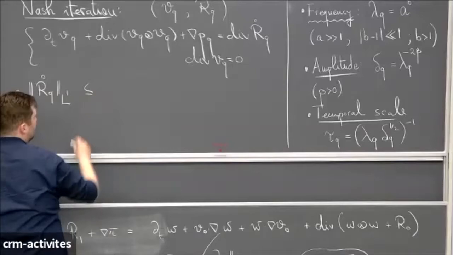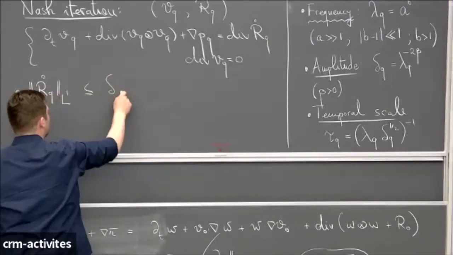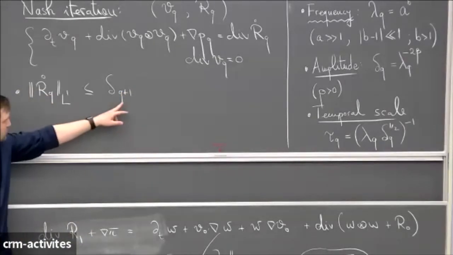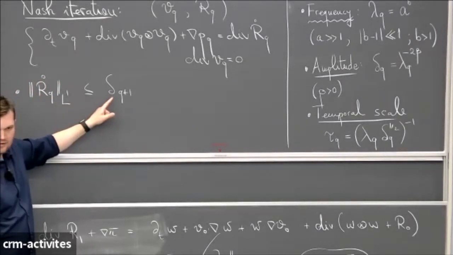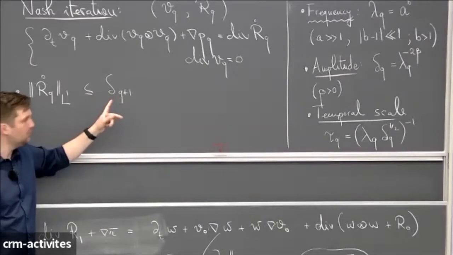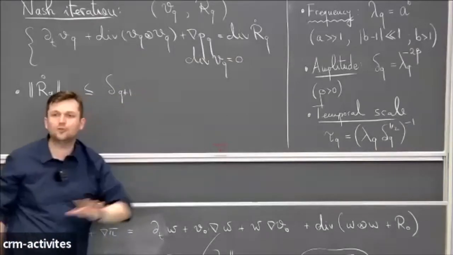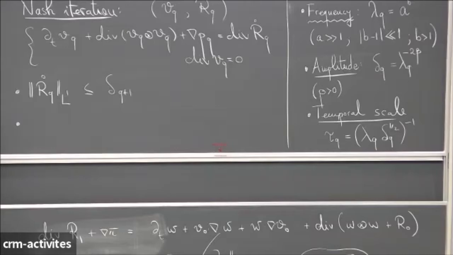is less than an amplitude, but for reasons that are maybe not so clear now, it's good to put q plus 1. I'll explain why in a second, of course. So I'm going to assume this throughout my iteration, and if I succeed, this has the property that my stress in L1 will converge super geometrically to 0. So in particular, if I manage to prove that my V's also converge, in the limit automatically I get a weak solution of order. Next thing that I'm going to say is that remember that we also want